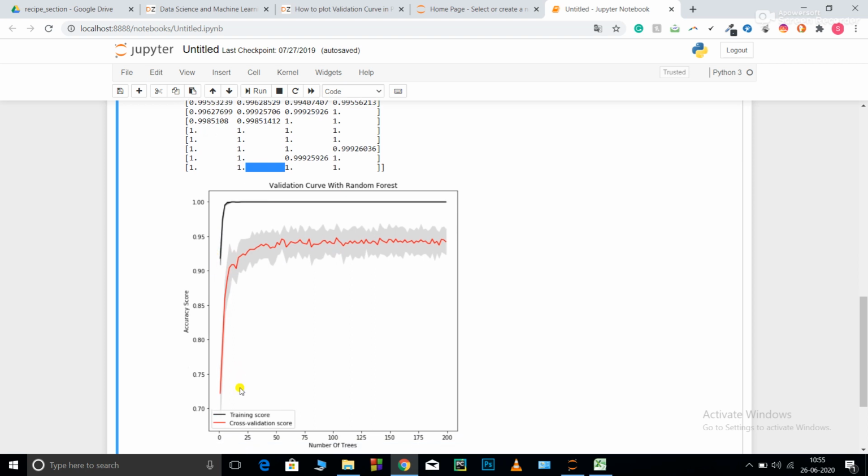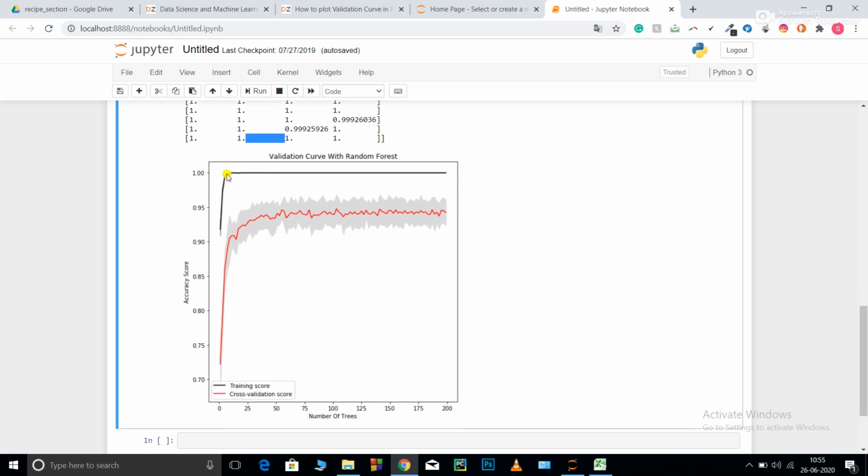As the number of trees increases to around 25, my training score becomes 1. Basically it is giving 100% accurate results. But for my cross validation score, that is for my testing data set, the score decreases and comes out to be less than 0.95, around 0.94. So you can see there's a difference between the training score and the cross validation score. Now we can say that my model can predict my data set with around 92 to 93% accuracy, but we shouldn't say that my model could perform with 100% accuracy.